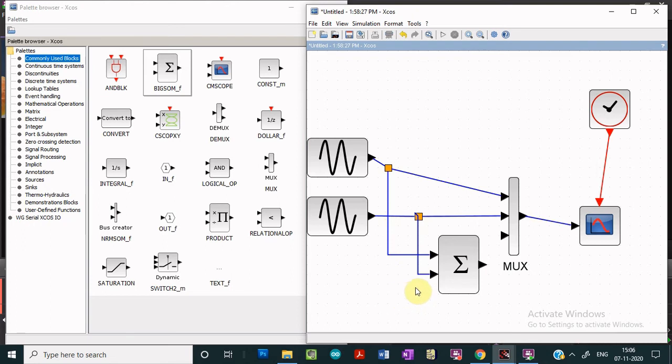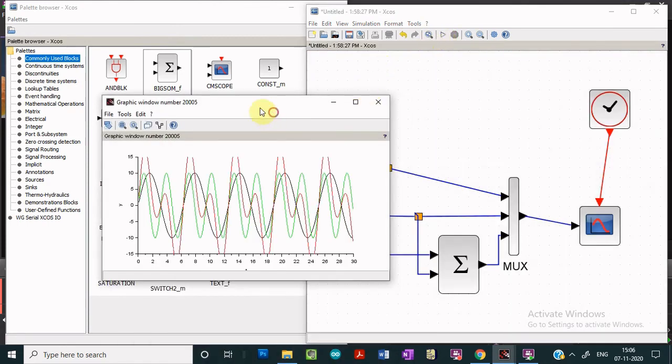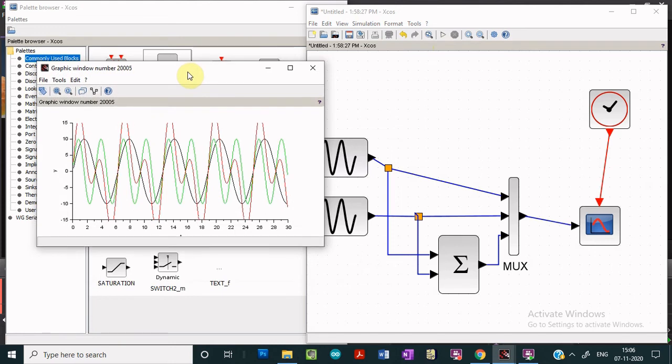So now we see that the connections are neater, and so our design is complete. Let us run the simulation. And over here we see that we are getting three waveforms again. The red waveform is the sum of the two input waveforms.